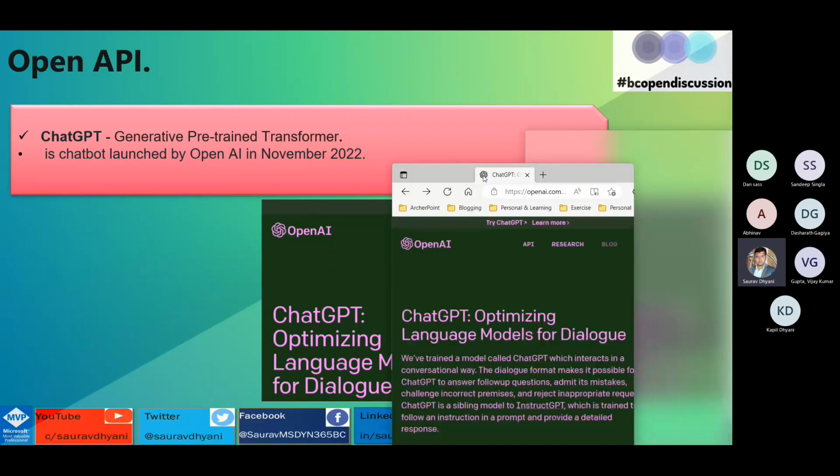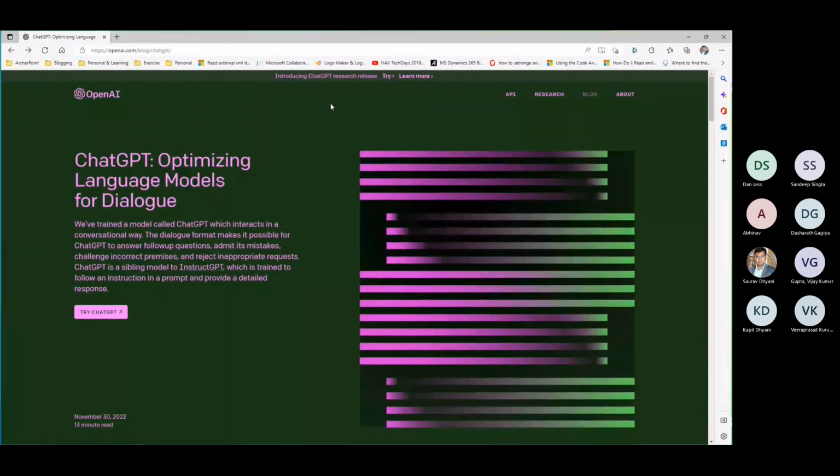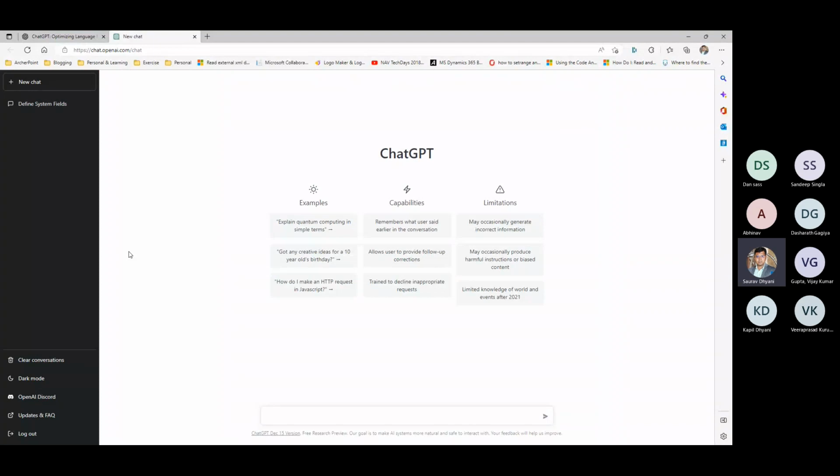You can just search for openai.com and you will come to this ChatGPT website. Then you can always do a try ChatGPT, which is pretty interesting. It's kind of a chatbot where you can ask a question and it'll reply to you.